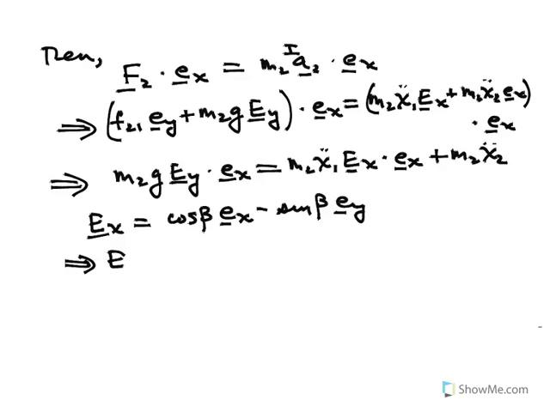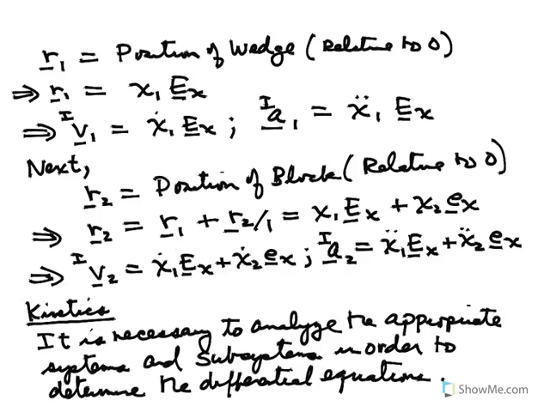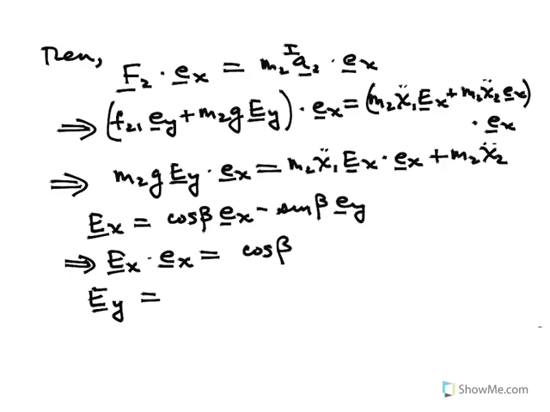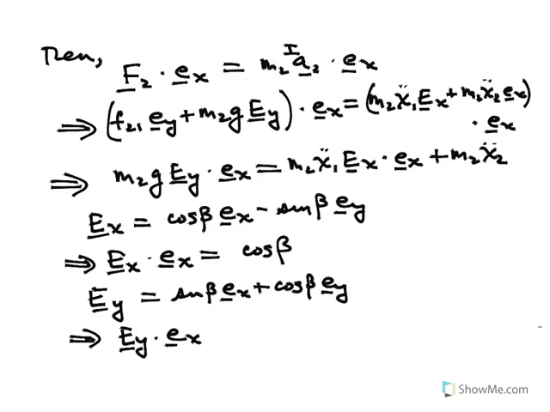So this says that big EX dotted with little ex is just equal to the cosine of beta. And then the same thing we can do for EY. EY is equal to, let's go back, and we can see that EY is equal to sine beta little ex plus cosine beta little ey. So that implies that EY dotted with little ex is equal to the sine of beta,